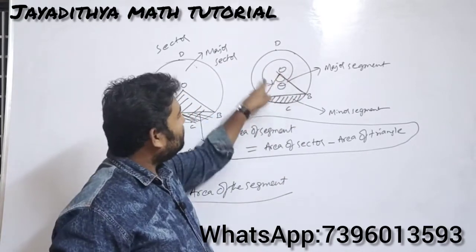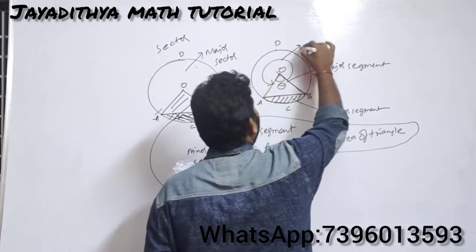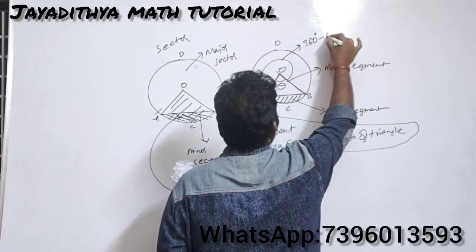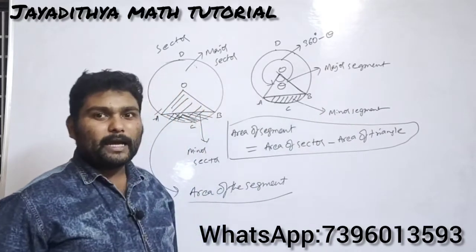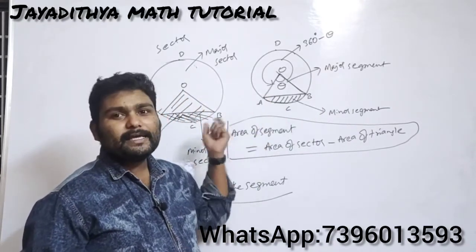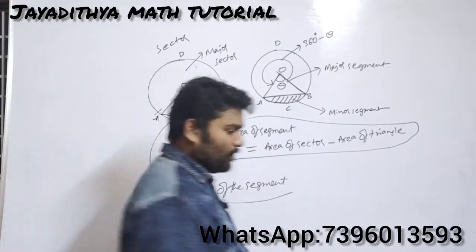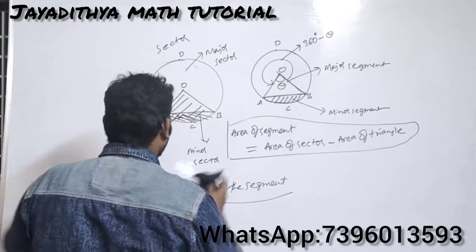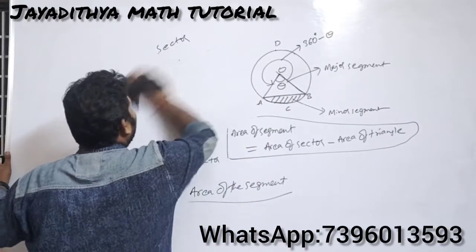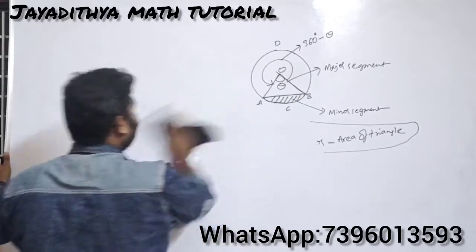If you take the complete angle, it will be 360. From that you need to subtract theta. So this angle will become 360 degrees minus theta. So why are we talking about theta here? Because the angle plays the vital role in finding the area of the sector, Nana. So how to find the area of the sector? Let us observe. That is very, very important now.